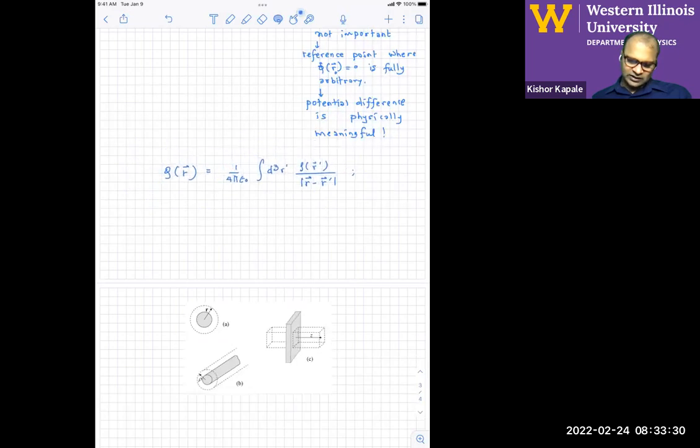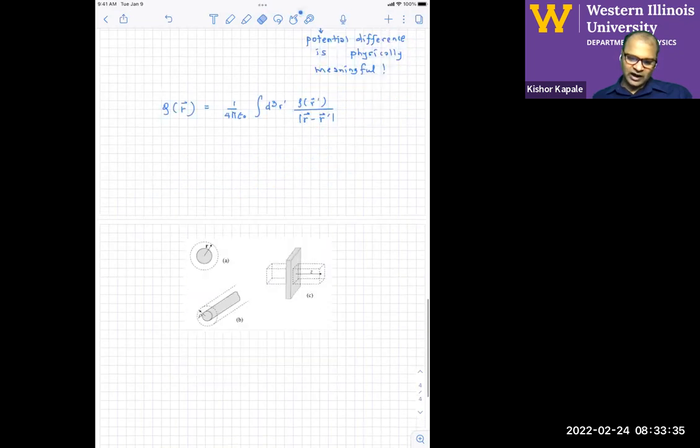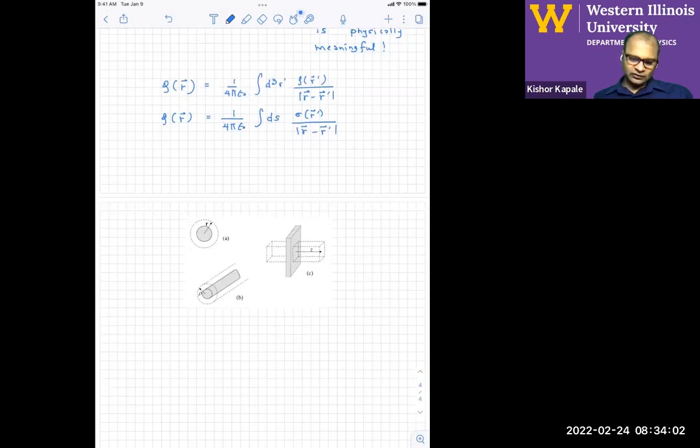Now, why would we worry about the scalar potential if it has such weird properties? It's because it's a scalar potential. You don't have to do as much work as you would in the determination of the electric field directly through the integral. The example that we saw is actually very simple, where the integration was trivial. You may not have that all the time. Plus, you have to worry about the vector nature. That means you have to determine all of the components of the electric field, which is not always an easy thing to do. And so you determine the